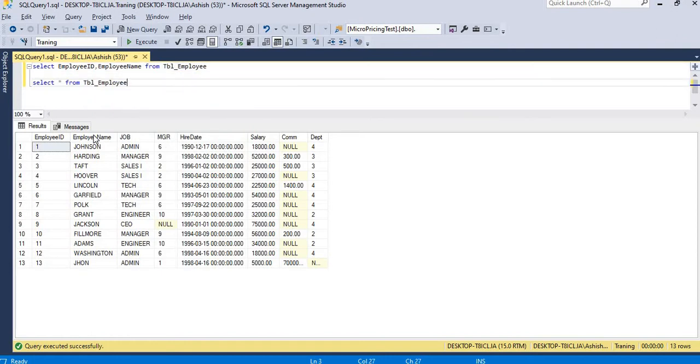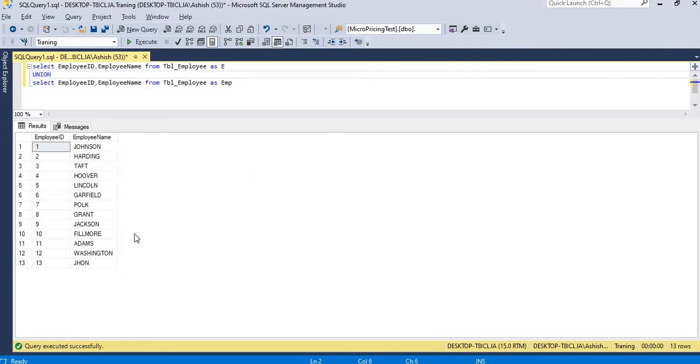Suppose this is another table. I am taking this one as E, and this one as EMP. I have to use the similar columns here, then union. Now we can run this.